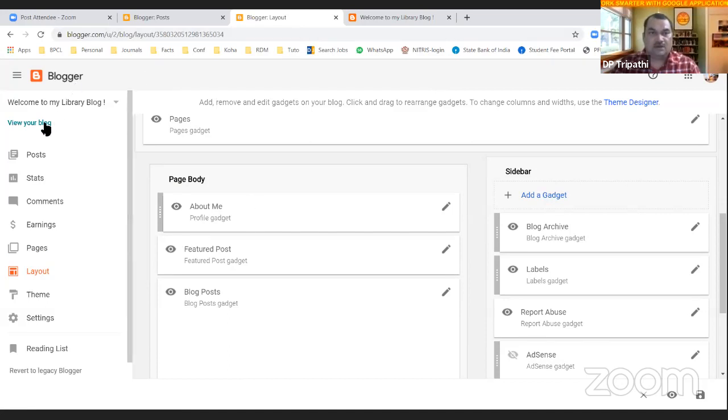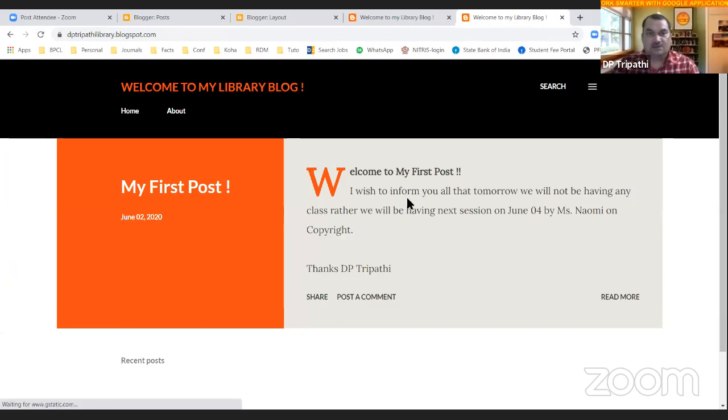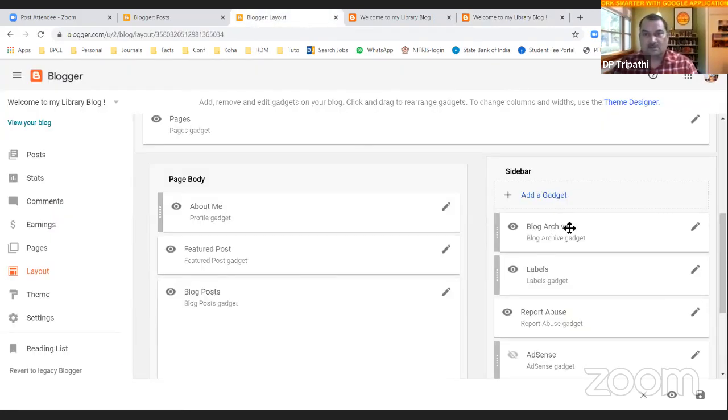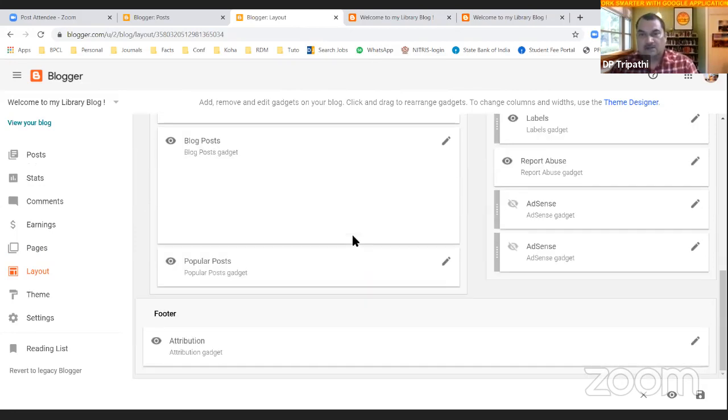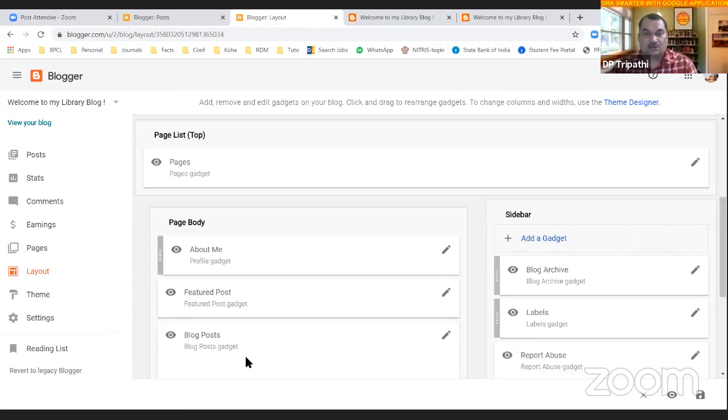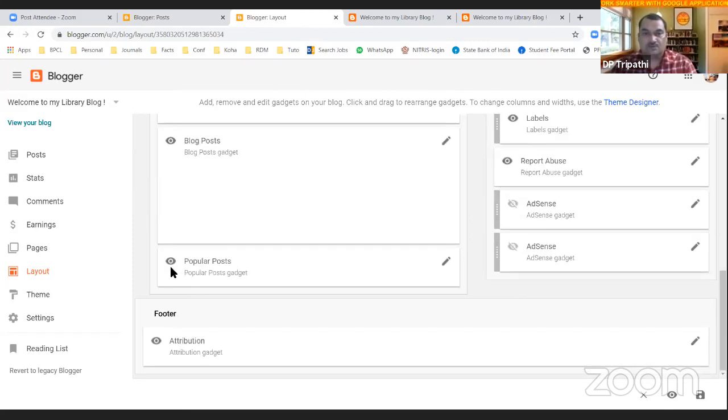Now if you go and look at the view of your blog, you will have a different look because I dragged the about me information to the left side of your blog. On a similar pattern, this is in the sidebar, this is in the page body, and here you can add some more, like footer, and you can also add popular post. If you feel that this popular post should appear at the right, you can simply